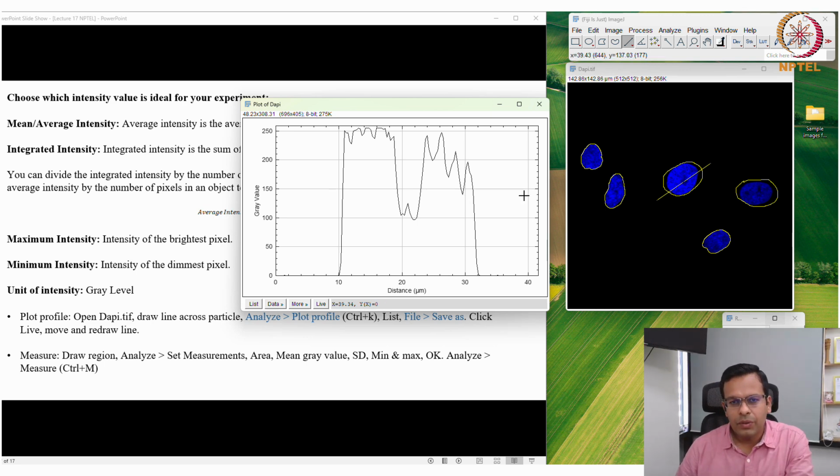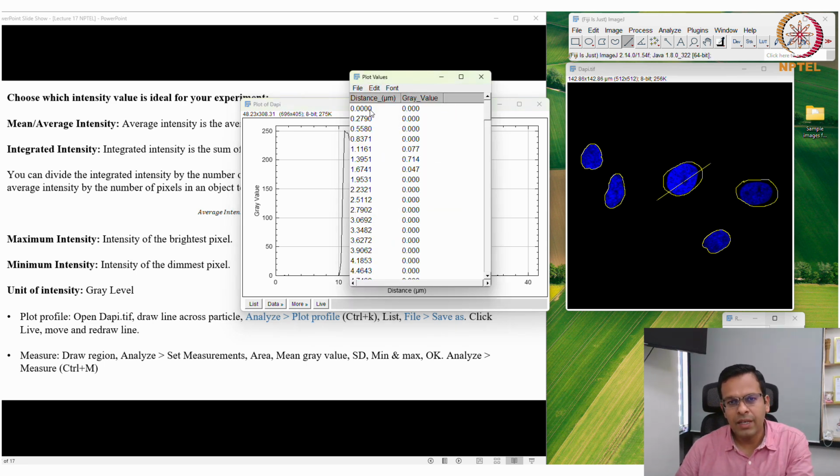Now if you actually want the numbers of this fluorescence intensity, because here you are seeing the graphical representation, but let's say you want to plot it in a different way, then you need the numbers. Then you can just click on this List. It will open a file in which the pixel-to-pixel gray value is mentioned. For the first pixel, the gray value is 0. Initially some pixels have 0 value.